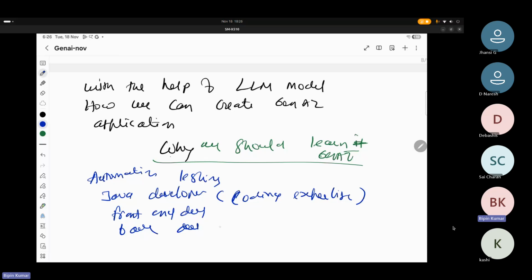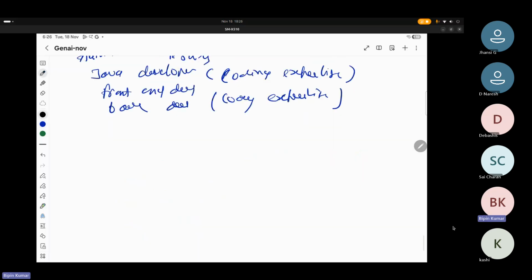So all this skill required some coding experience. Okay. So you need coding expertise. But in the current scenario, all these things, front end development, back end development, the code we earlier needed to write, now the scenario has changed. If I'm doing a job, my role will be to give instructions,